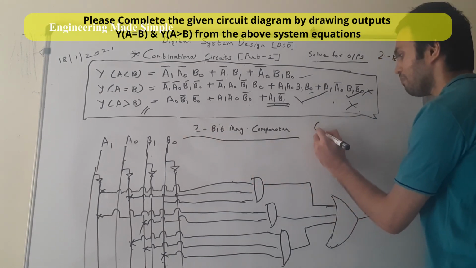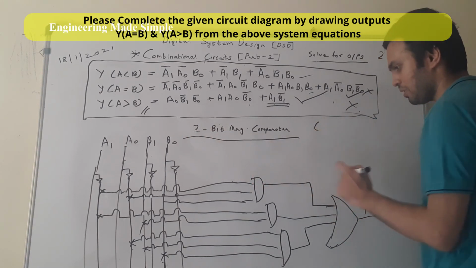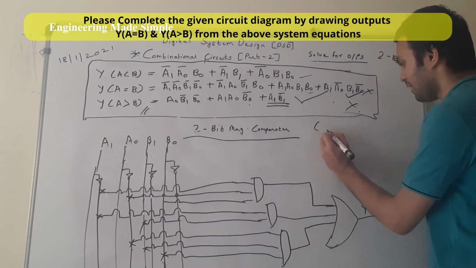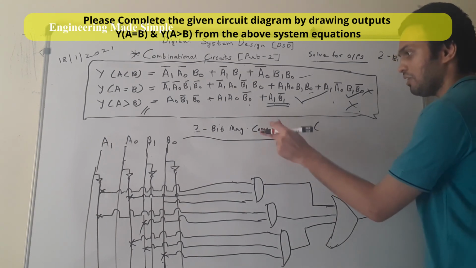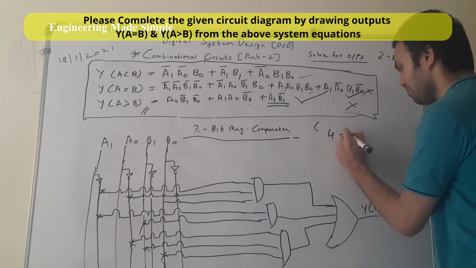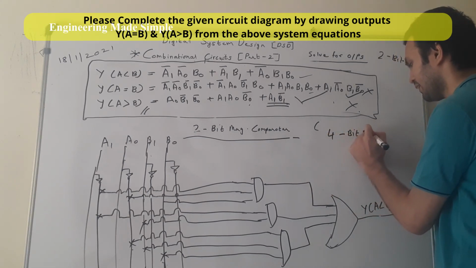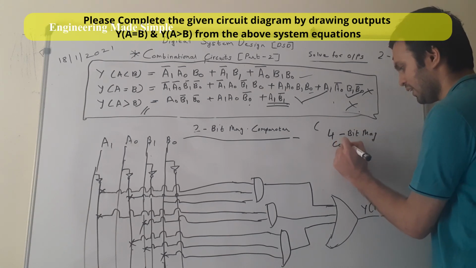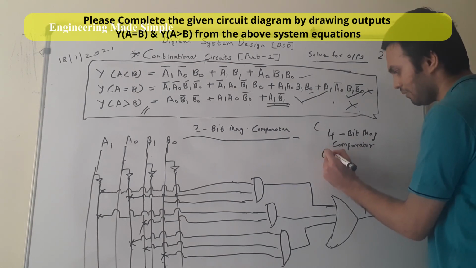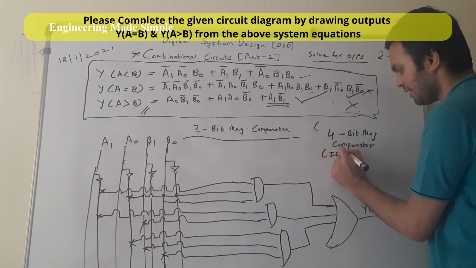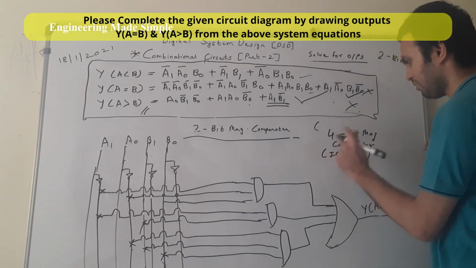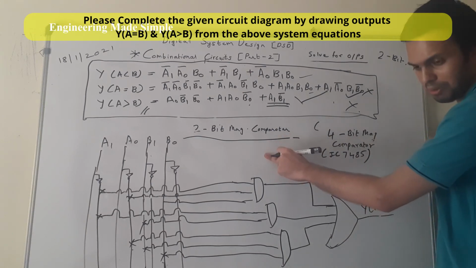Now these magnitude comparators are present in IC form also. So this particular circuit is implemented using IC technology. Now there is another comparator also. This was the implementation of a 2-bit magnitude comparator. Actually a 4-bit magnitude comparator is also there, and there is a specific IC number for the 4-bit magnitude comparator, that is IC 7485. So that is the 4-bit magnitude comparator, and this was the 2-bit magnitude comparator.